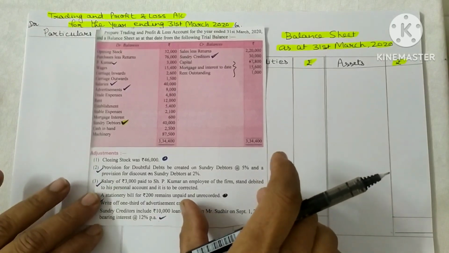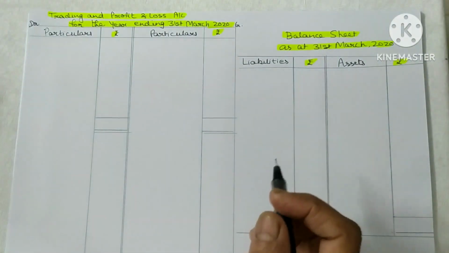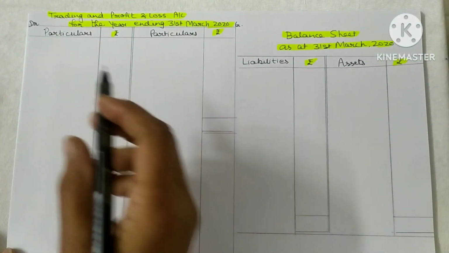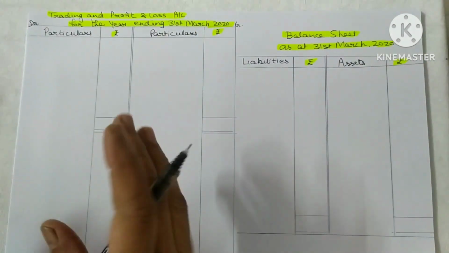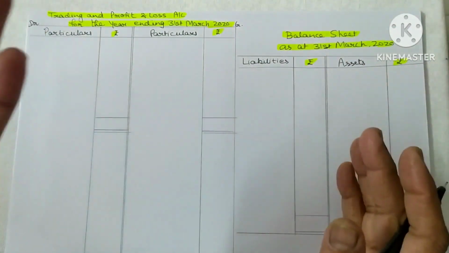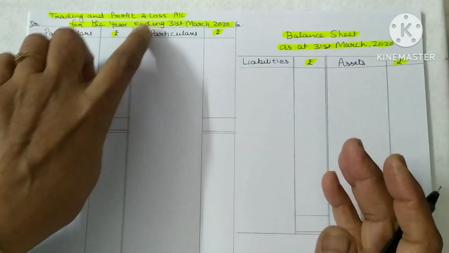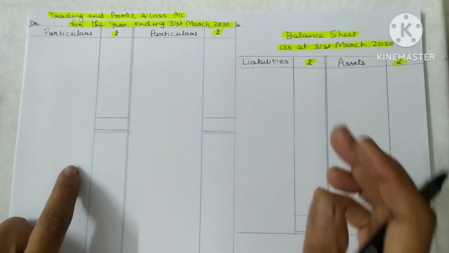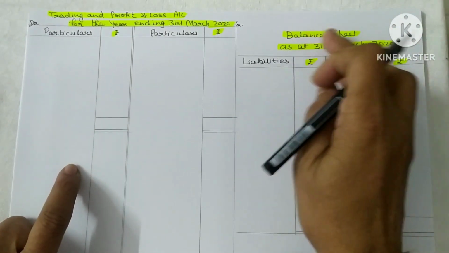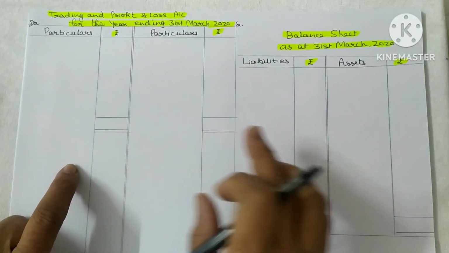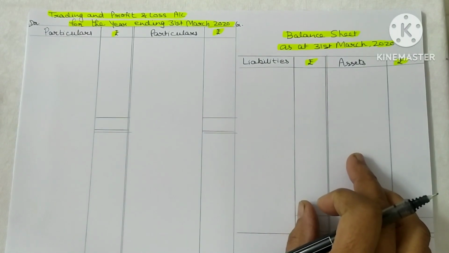Take sheets like this. Left sheet. On the left sheet you prepare the trading and profit and loss account for the year ended, and on the right side you have to prepare the balance sheet. As I already told you, you should take two sheets like this, always. This will do your work very fast. Okay,